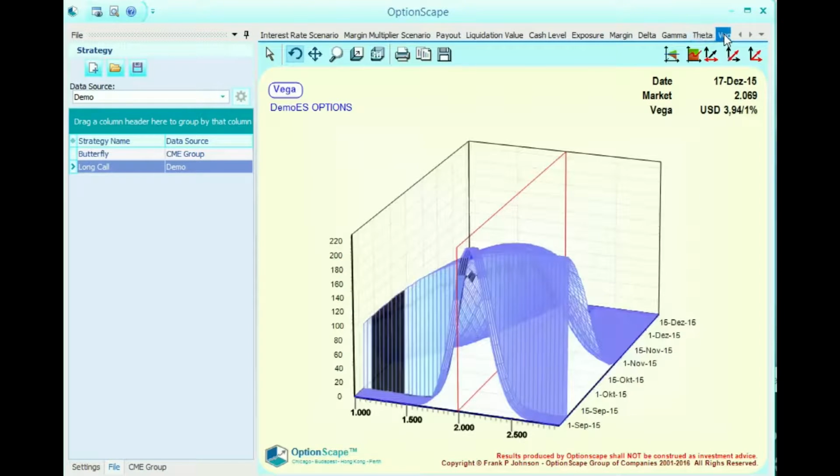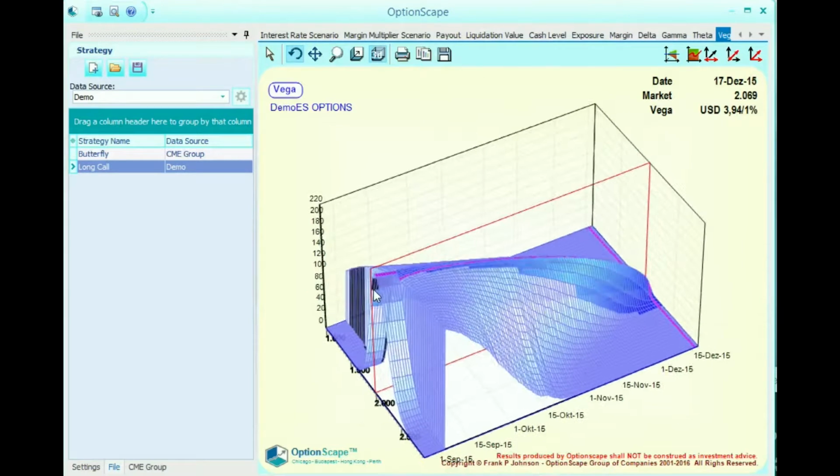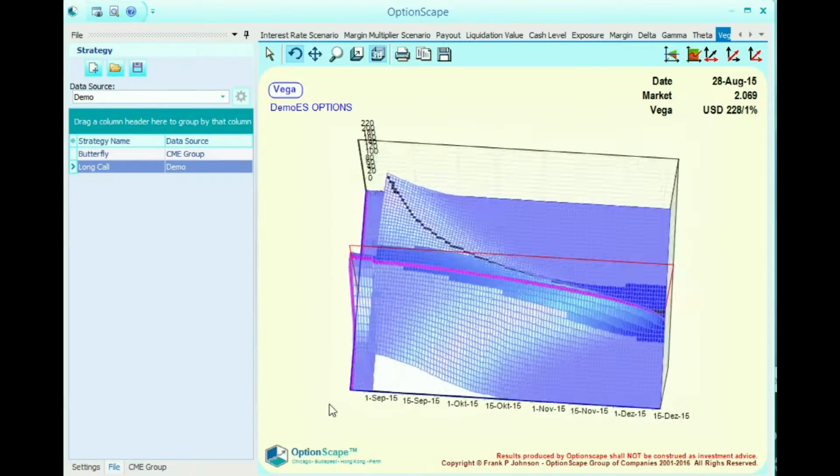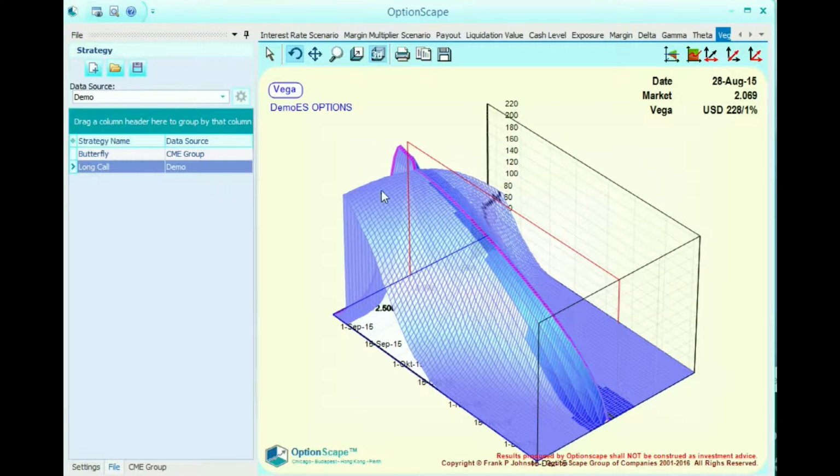And Vega is different because Vega has the highest level at the money long time. So at the beginning of August and beginning of September, here at the money we have the highest values. Then we have an explosion in volatility, which widens the Gaussian bell so that we have a huge increase in out of the money and in the money Vegas, which is diminishing to the time of expiration. So we still have at the money the highest Vega, but it goes down to 0.